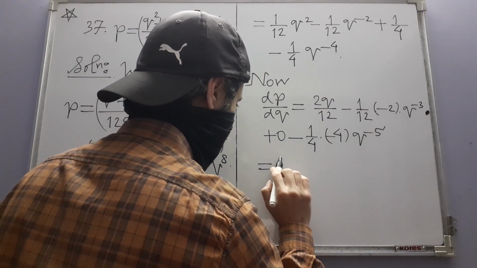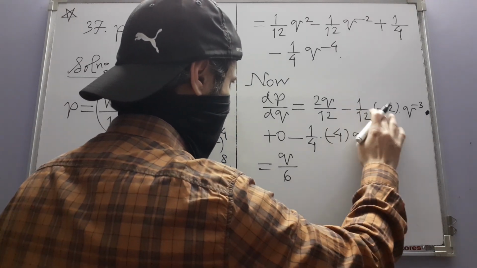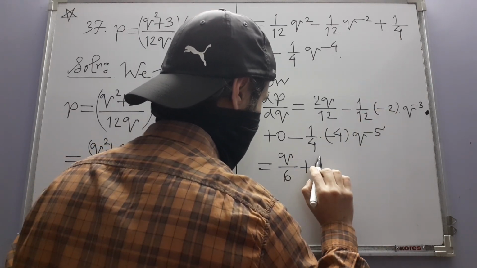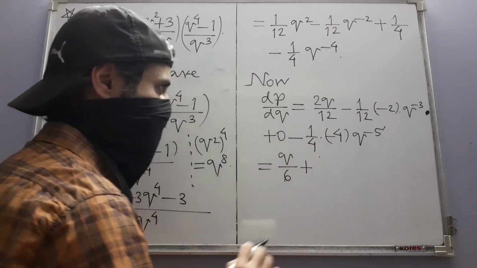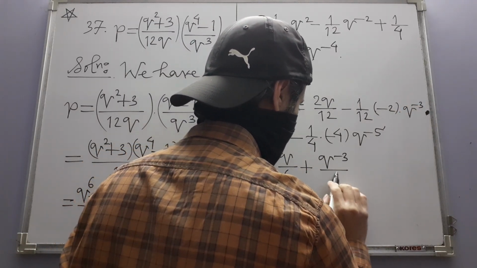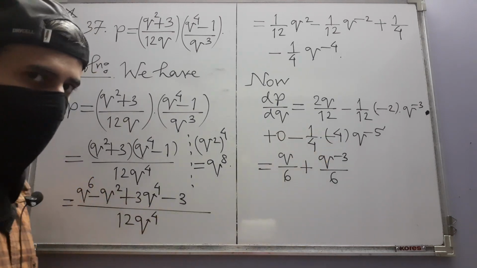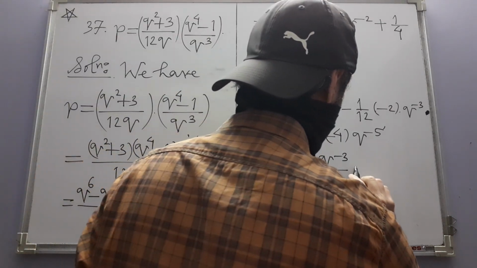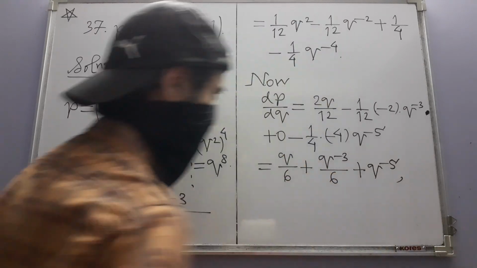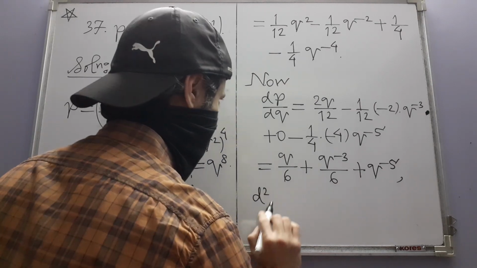So this becomes q divided by 6, minus and minus will give us plus, 2 divided by 12 is 1 divided by 6, but we also have q to the power minus 3 in the numerator, so that divided by 6. Minus minus will become plus, 4 and 4 will cancel out, so plus q to the power minus 5. So that's the first derivative. And the second derivative